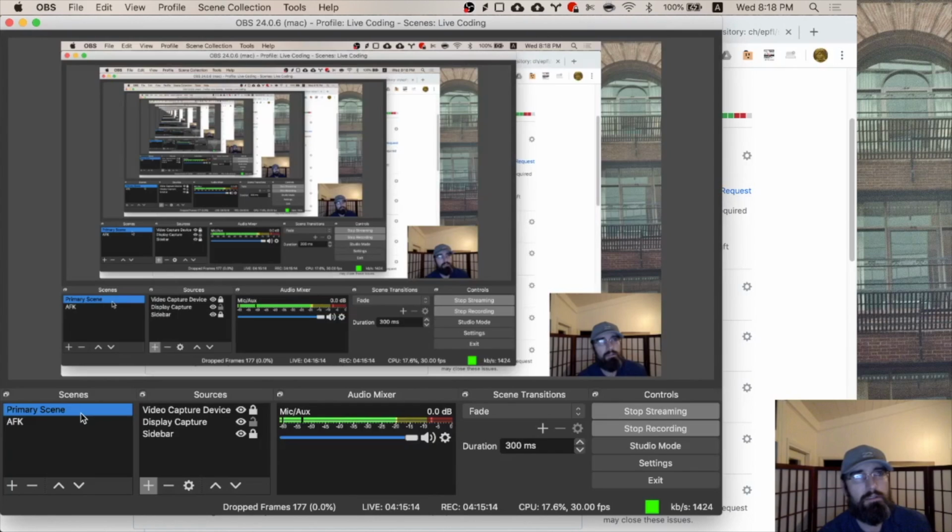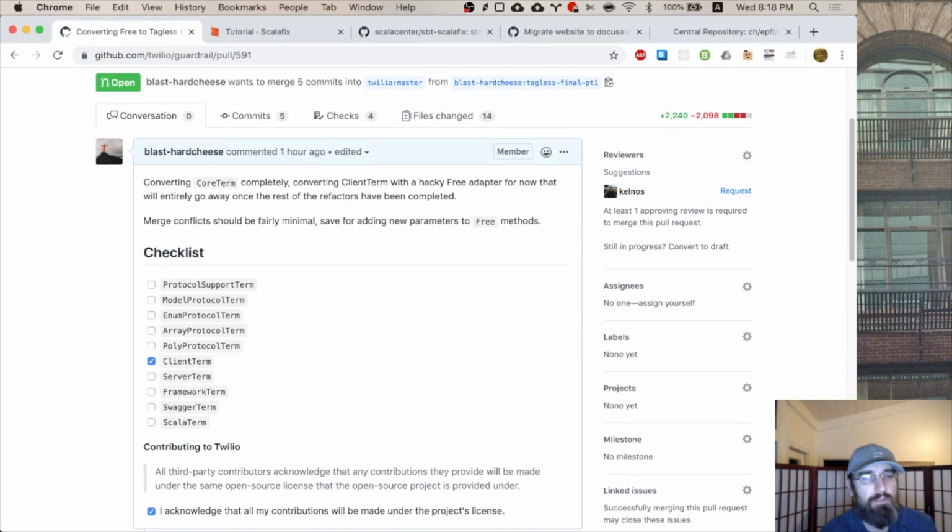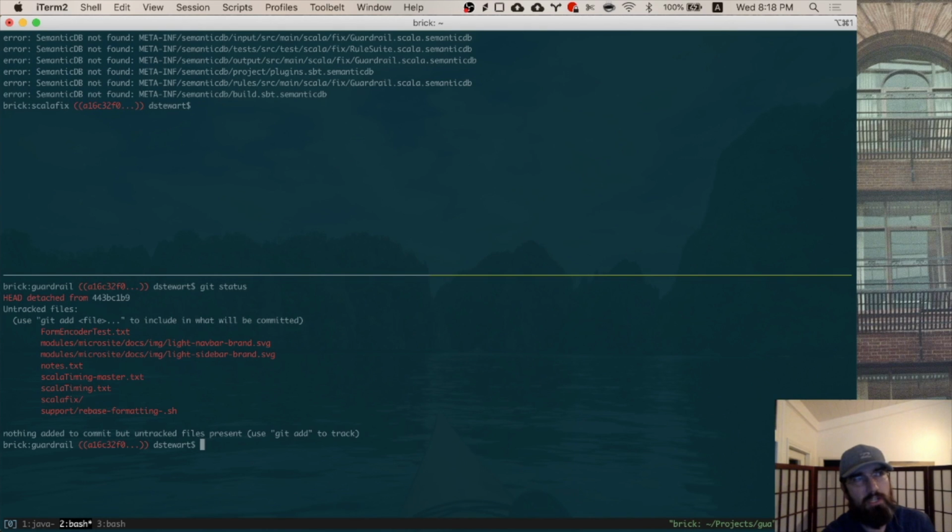Be nice to release the Scalafix rules for this change so that anyone who has an internal fork of guardrail, like we have an internal fork, not really a fork so much as an extension on top of the existing guardrail interpreters, can use it. Being able to supply a Scalafix rule that does the conversion even for internal repositories would probably be the right thing to do,